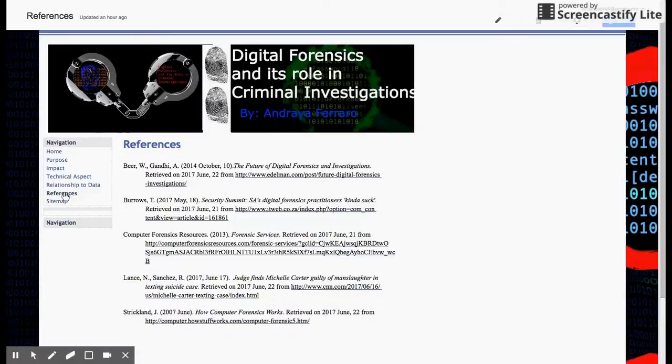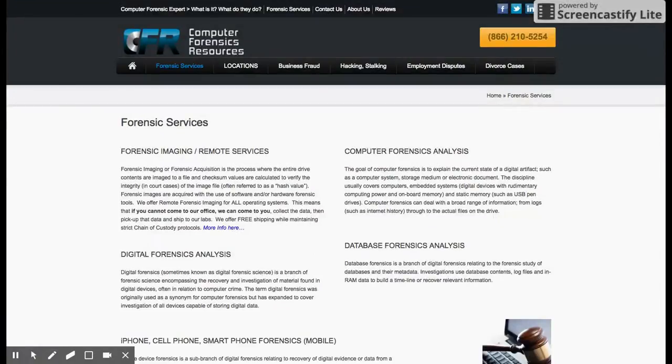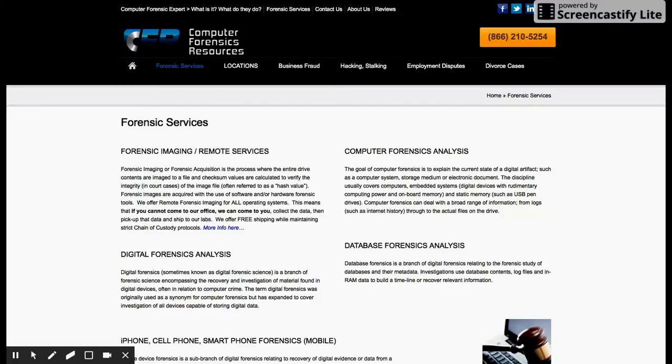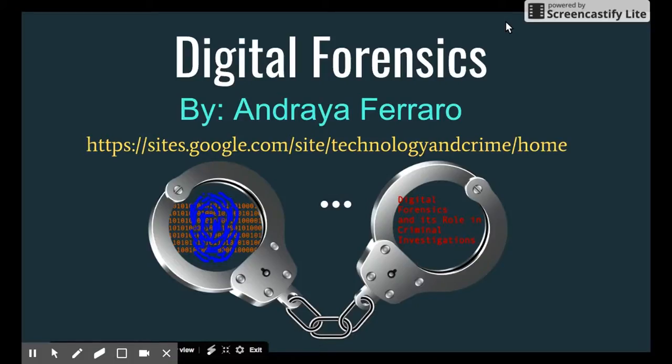Finally is the reference page, where there's citations, and one website I found useful was a website that gave information about digital forensics, but also is meant to be a company that provides help to people who are in need of cybersecurity. For more information about digital forensics and the information seen in this video, you can go to the yellow link seen on this page. That is a link to the website and will explain in more detail about what